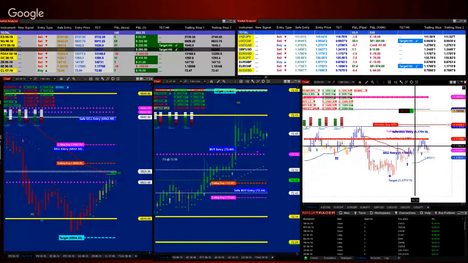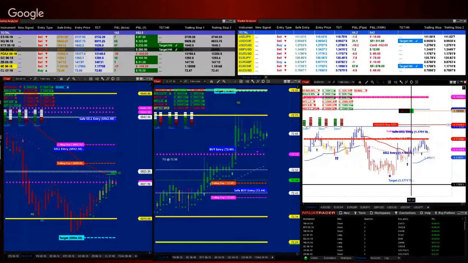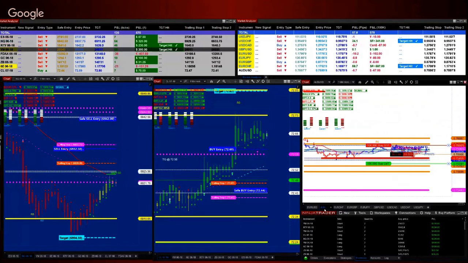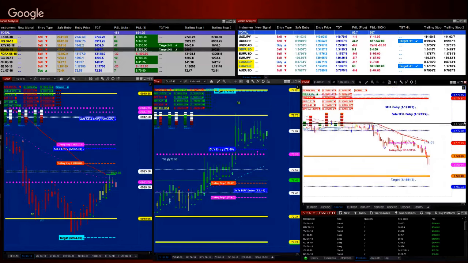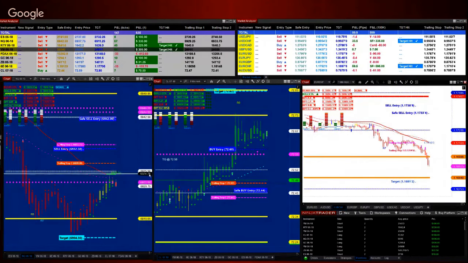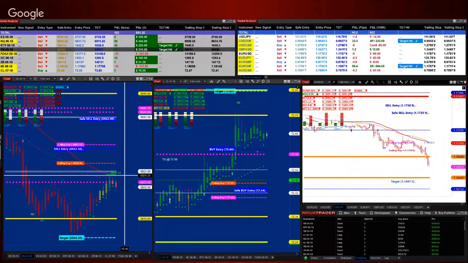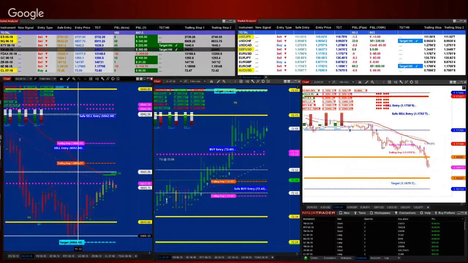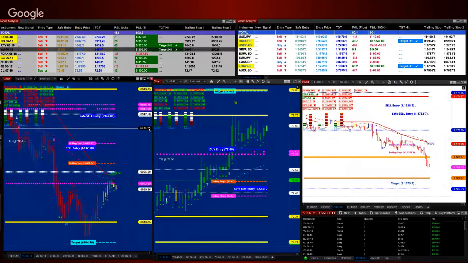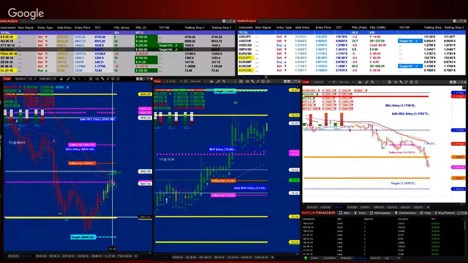It's not a close position, but we have a new signal on the euro dollar, and the target is 177.17. Let's look at the Aussie dollar. It's the same problem. Okay, let's go back to the Nasdaq. You can see this is really a short entry right there on the Nasdaq, and we are testing the 69.11 even.